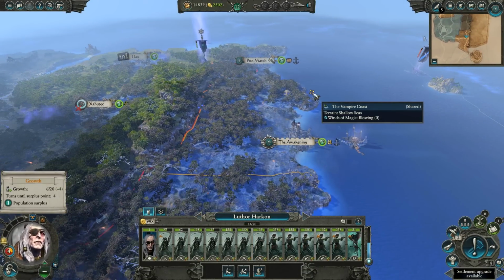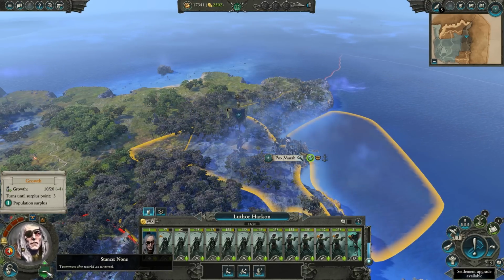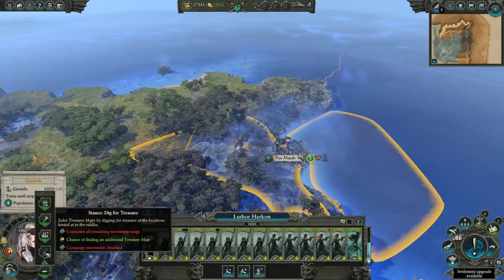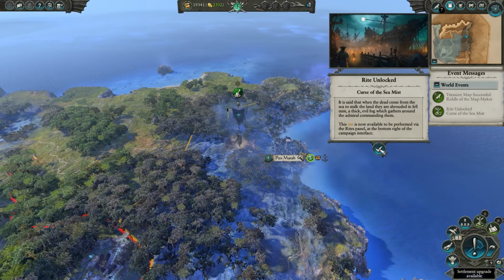But that's alright. Because in this game, ER is a pirate's life for me. Move those bones. So we move back into the Pox Marsh, put our stance over to digging for treasure, and because our treasure map told us to go there, we get an instant reward. That's pretty stinking fun. Now I assume the later ones are going to be a little more difficult to figure